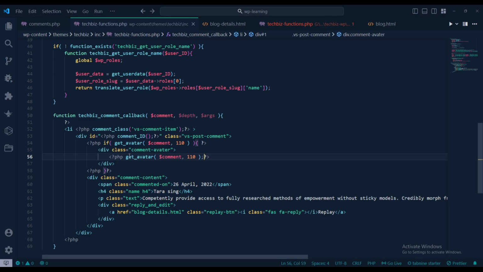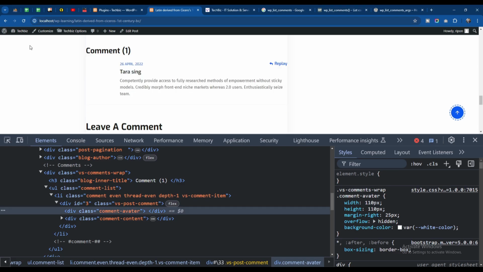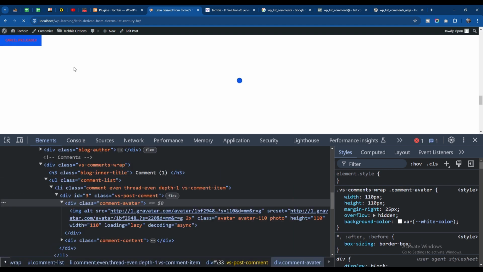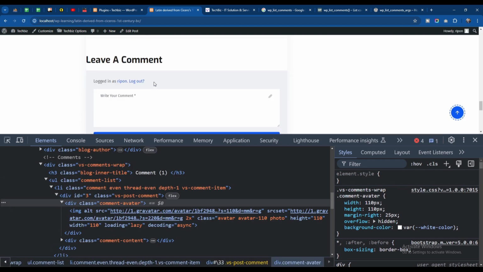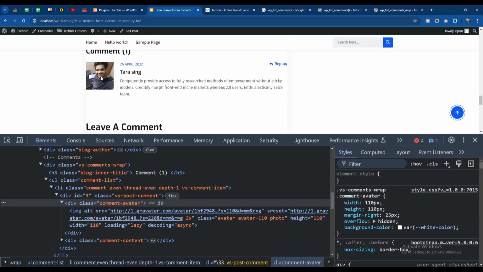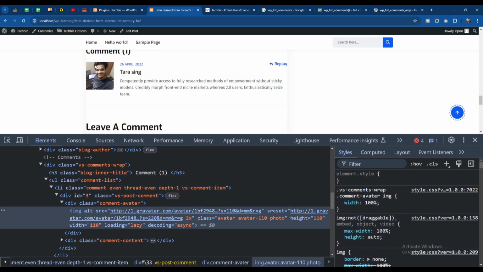Maybe we need to echo here. So yeah, now you can see that the avatar image is showing here perfectly with the 110 image